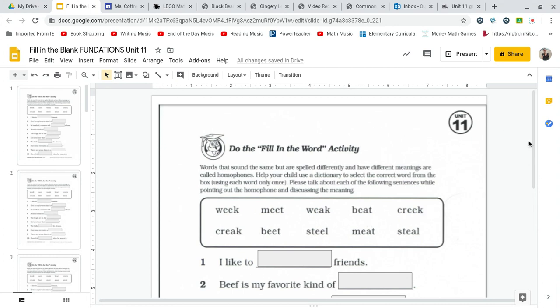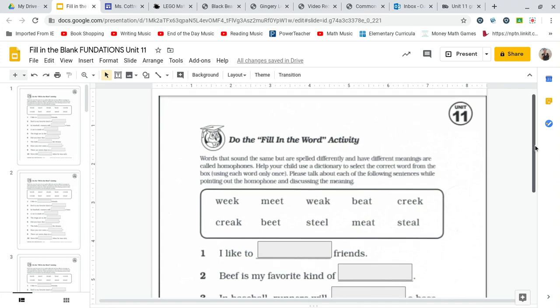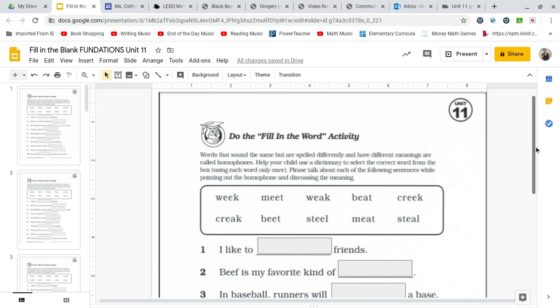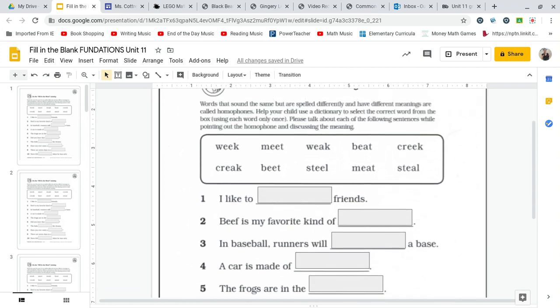All right, so the reason I don't have this in presentation mode is because for you to be able to fill in the blanks when you go on, you're going to need to be in this mode. Each of these pages is going to be a page for each of you. So one page per person. It's the same page repeated over and over again. Before I post it, I'm going to put a little box up here for you to put your name in. And all you have to do is read the sentences and choose the correct word to fill that sentence.